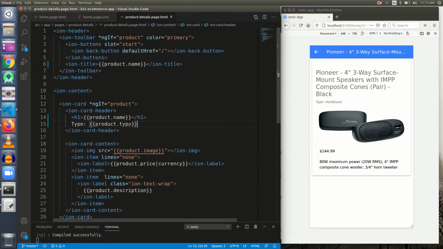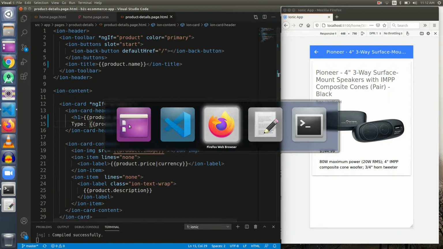Now the product type is not a searchable thing, actually. It is not very important, it is just metadata about the product. So we can put it without mentioning any specific tag, because even when we had a tag there was no difference. So we can use it without a tag.